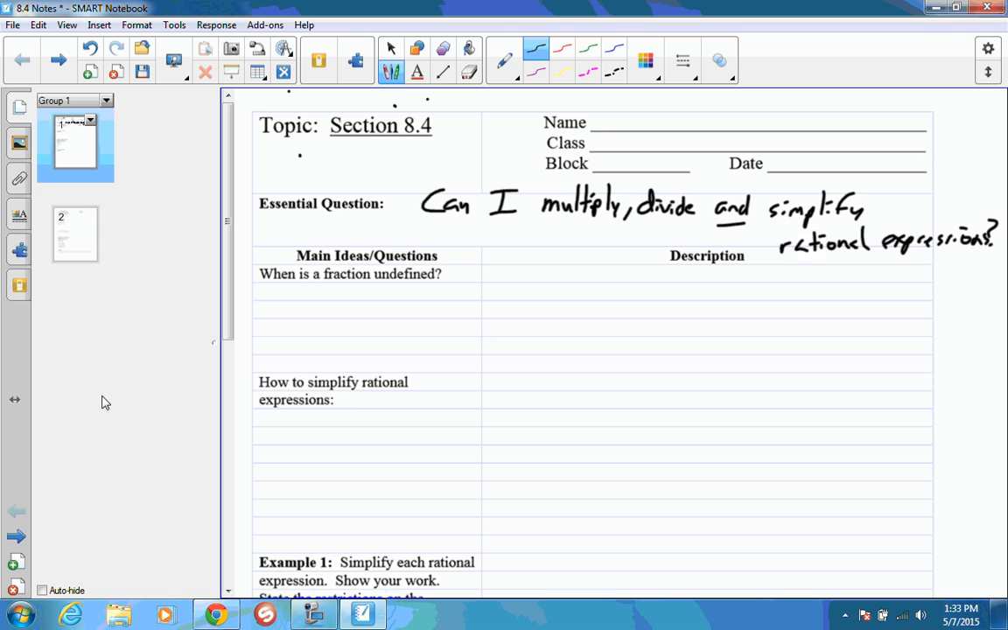When I go to do all that, there's still one rule I need to keep in mind, and that is that I can't have an undefined fraction. So when is a fraction undefined? When the denominator is 0. So example, if I have 1 over x, guys, if that's my equation, what can x not equal? 0. Right, so x